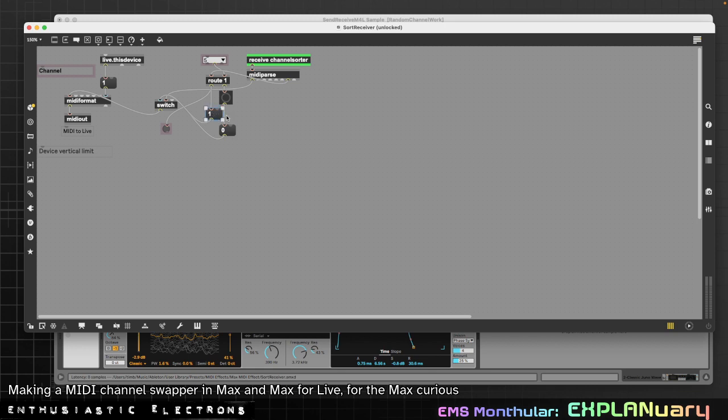Oh no, so here I've got the message. So every time it is the number that I want, say channel 5 for this one, it's going to click on this message box, and the message box on this is a 1. And so 1 going into this switch object will open up the switch. And it will pass through, this is the MIDI parse, this is the information, so it will pass through the note info